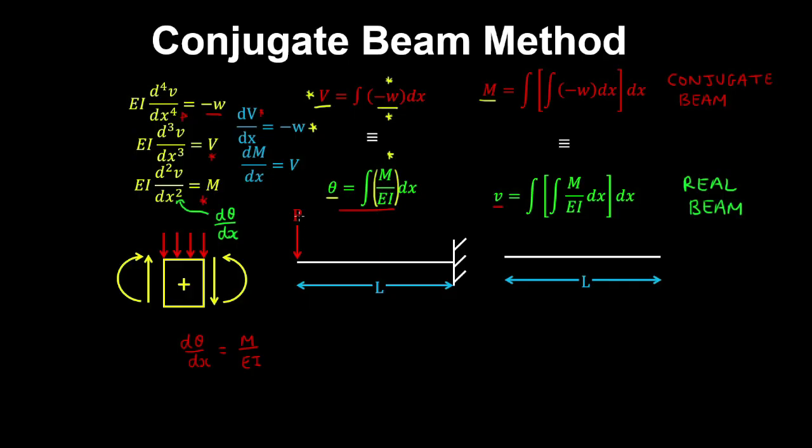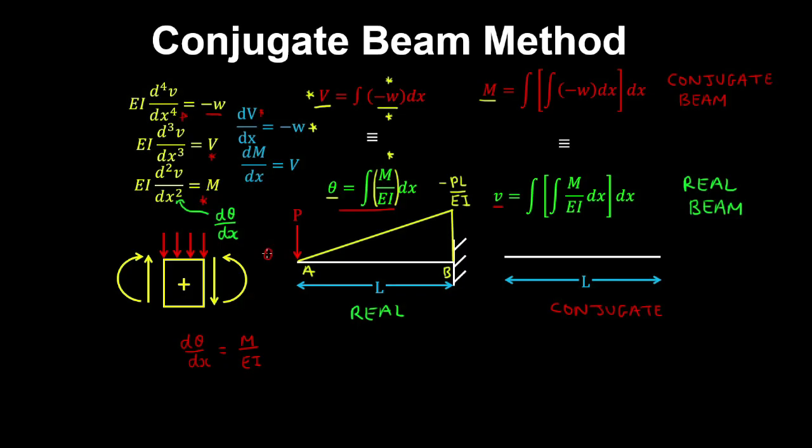So given our cantilever subjected to a point load, it has a linear bending moment diagram of minus PL at the support, and dividing through by EI gives the curvature. So this is our real beam. And now to construct our conjugate beam, we need to match the boundary conditions of the real beam. So designating these points as A and B,